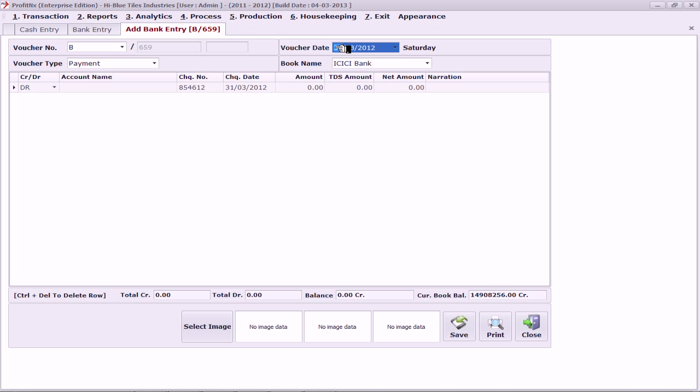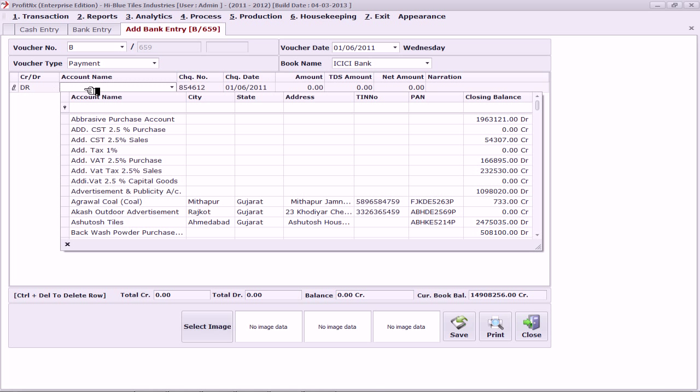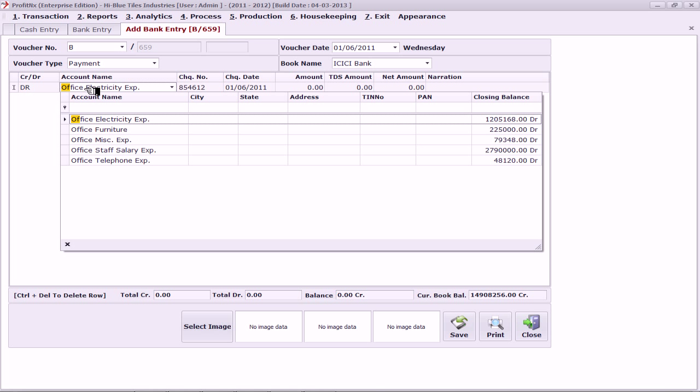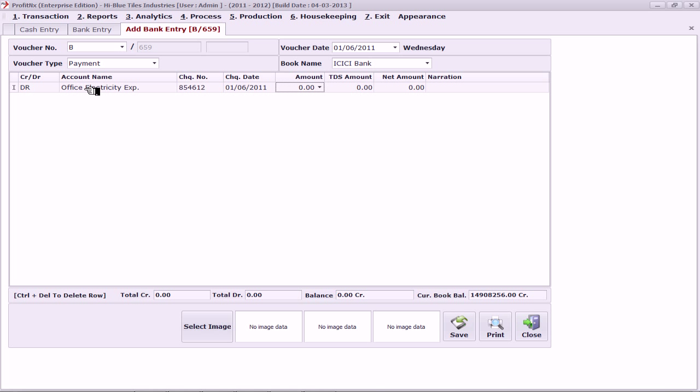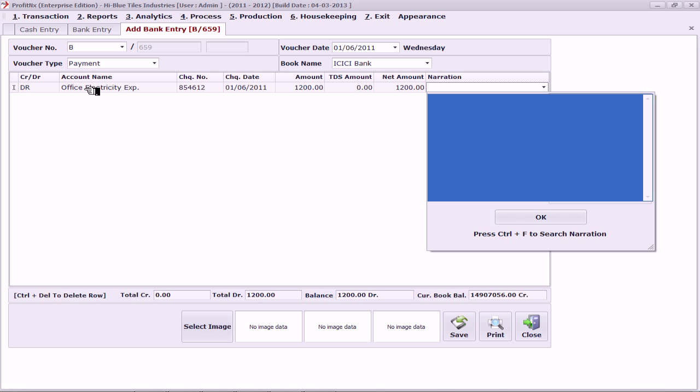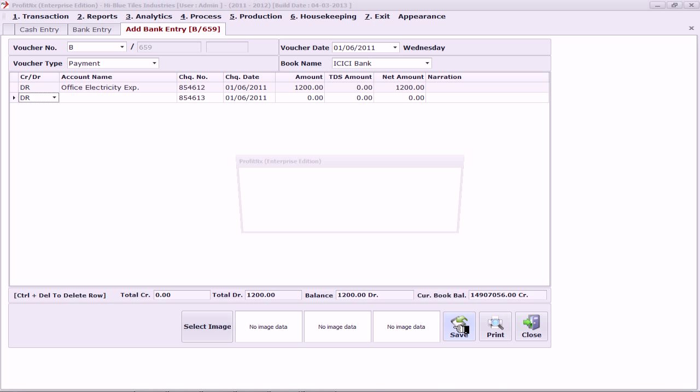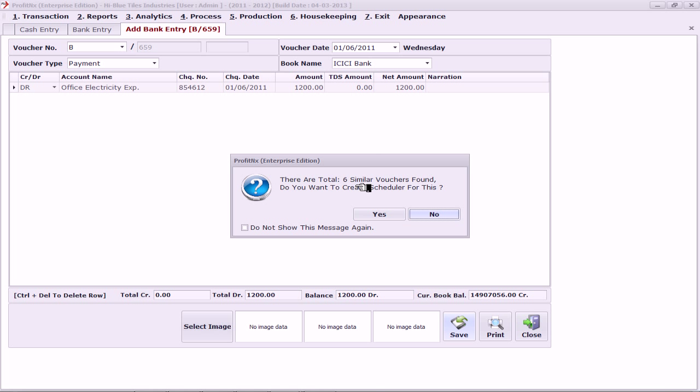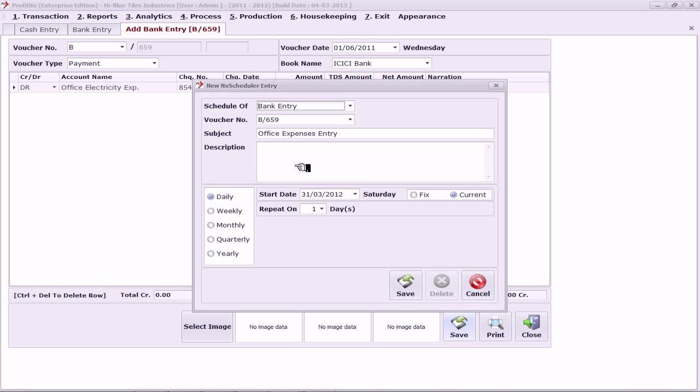Another very good option for professional accountants is the Annex scheduler option. Here what happens is that if you have similar kinds of entries which you have been doing every month, there is the Profit Annex scheduler. Now, this scheduler will tell you that there are similar vouchers found. Now, do you want to schedule it? Which means if you have to enter the electric bill every month, why are you remembering it? Let Profit Annex remember it, and you simply have to create a schedule that,